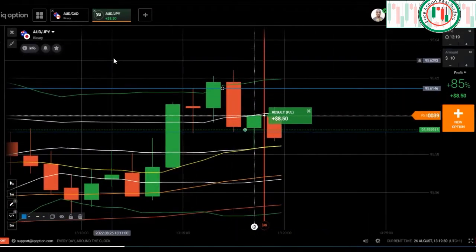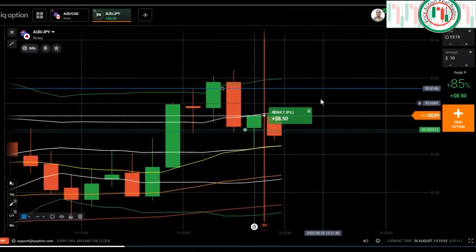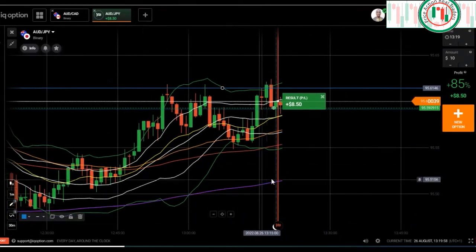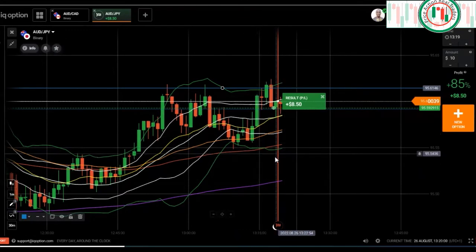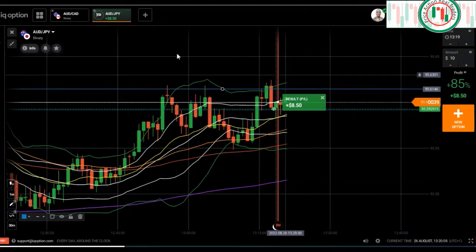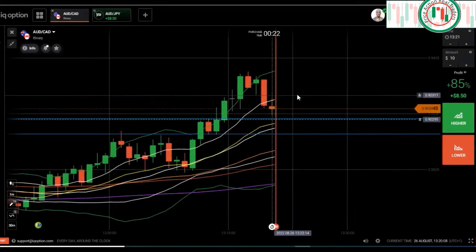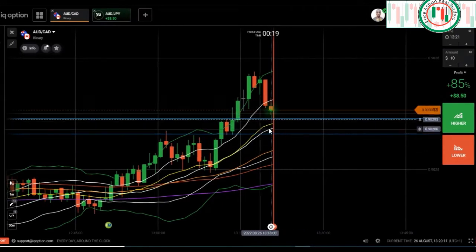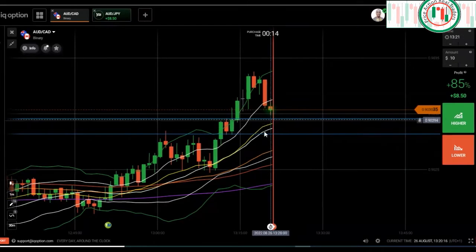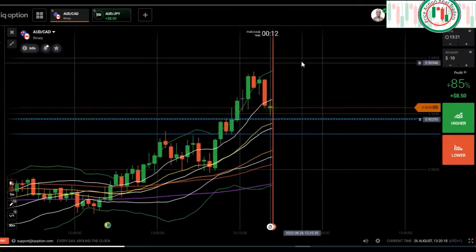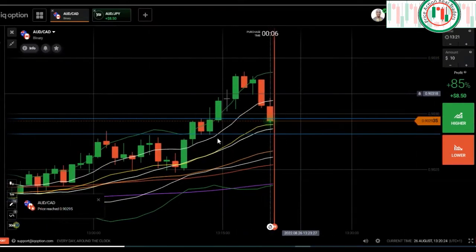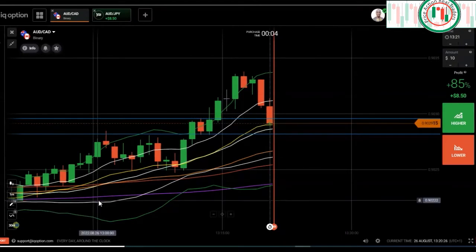So let me show you some. I took one live trade based on strong trend. You see the alignment, the EMA are very far away from each other, show that the trend is very strong. Now you see market is trying to touch my zone where I draw. So if market touches this zone, I see rejection, then I will place my trade call option, because this is the strong trend. You see market touch, you see rejection,